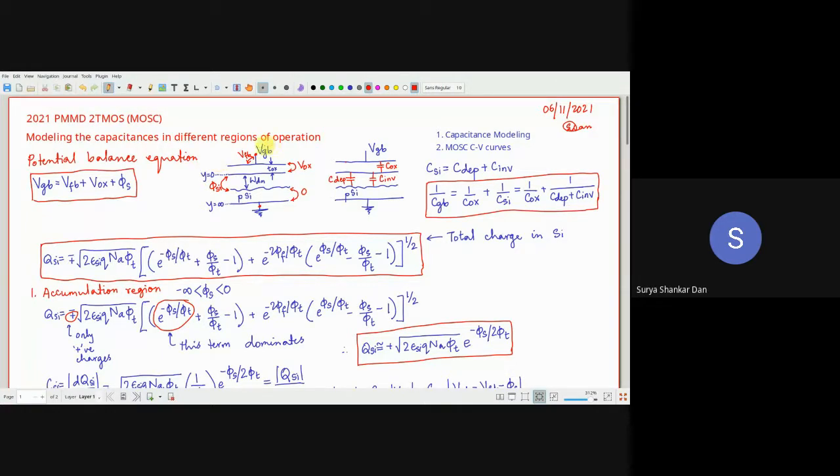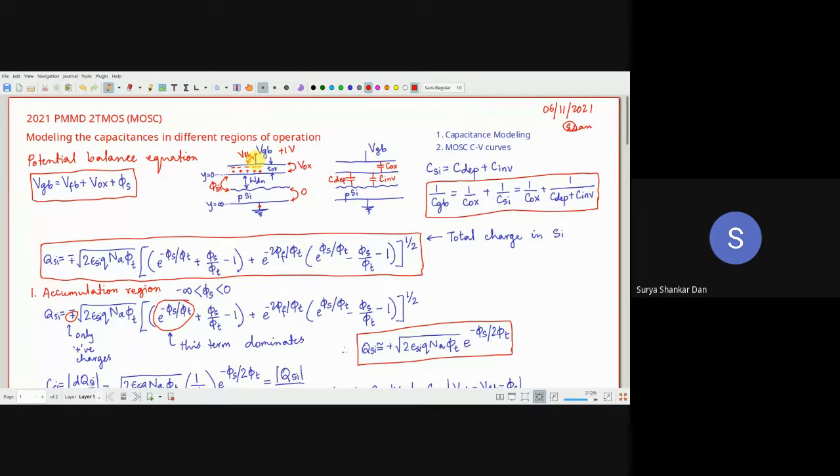For example, if you are applying some positive 1 volt over here, this oxide is definitely going to have some dipoles created, right? So if it is plus 1 volt over here, the dipoles will be created, minus and plus. In fact, this combination of minus and plus will be the dipole. So whenever you have a dielectric, dipoles are formed whenever you are applying voltages.